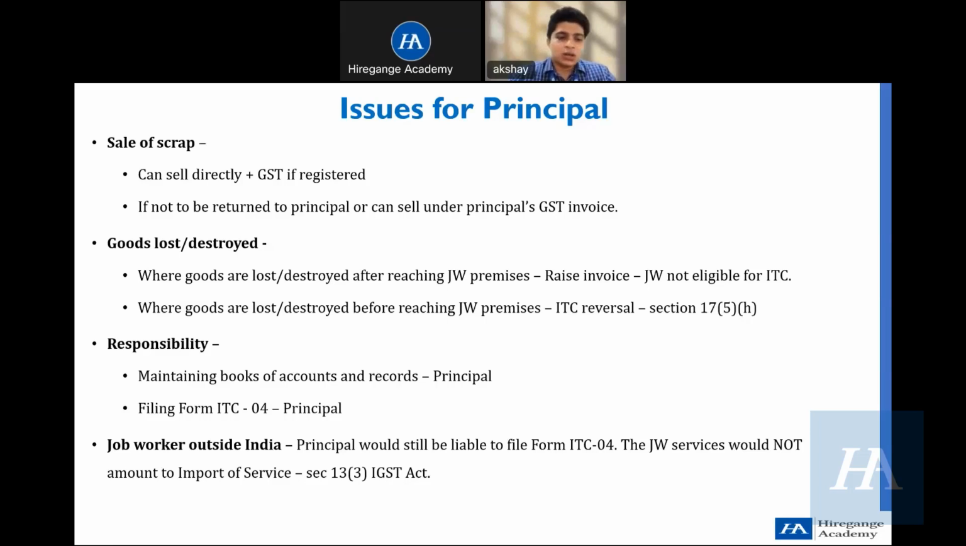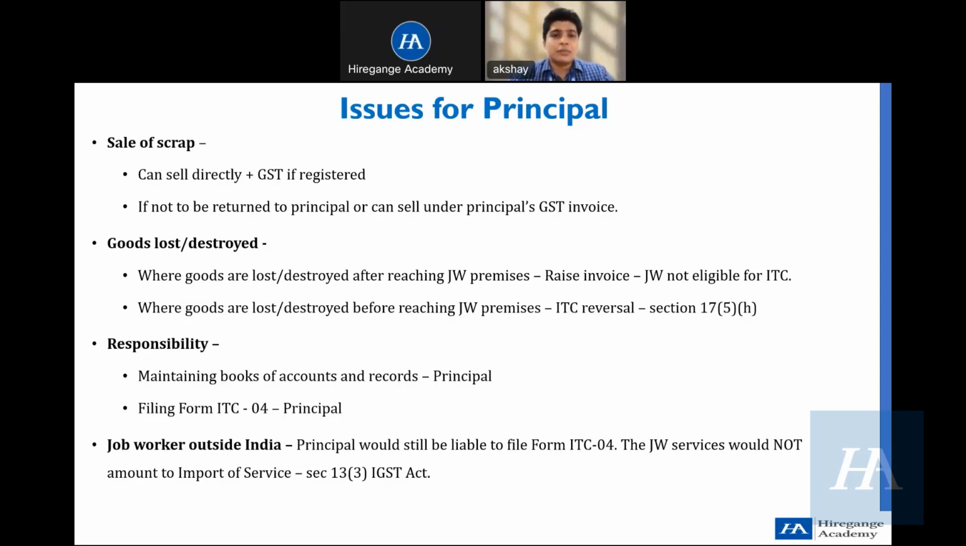For job workers who are working outside India, the principal would still be liable to file ITC 04, because the job work definition requires the principal to be registered. Otherwise, it is not asking that the job worker must be registered in GST. So in this situation, with the job worker being outside India, the principal would still be required to file ITC 04, but